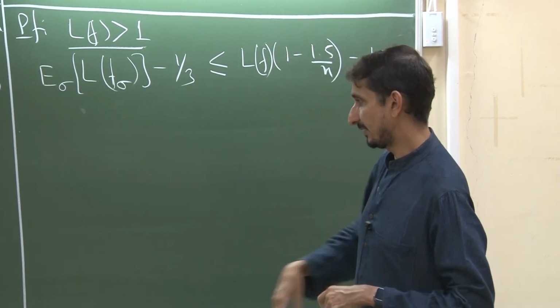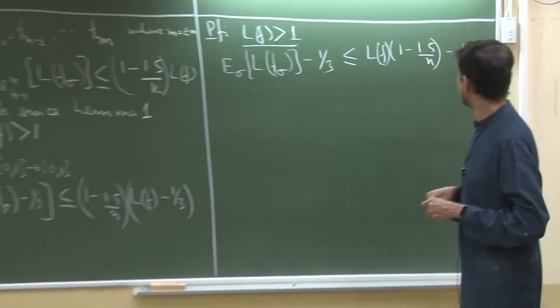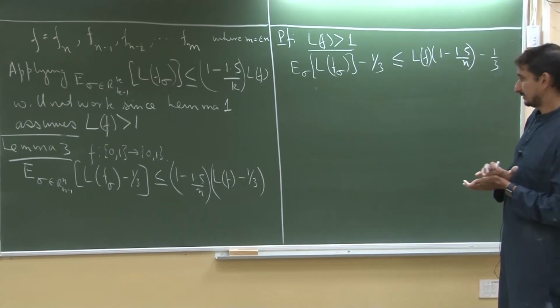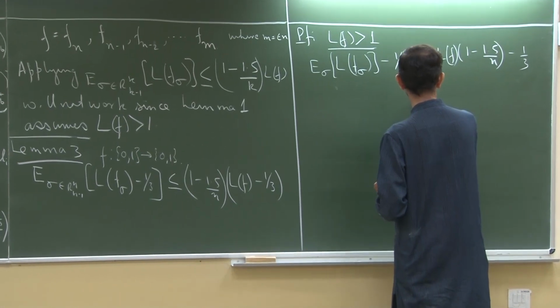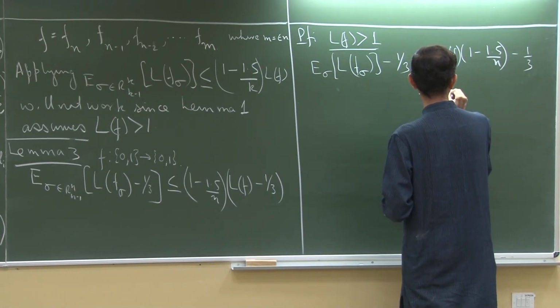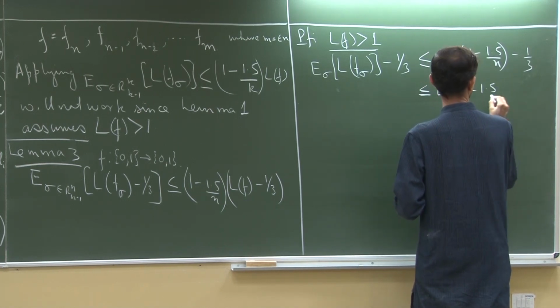Now, what do I want? I just want to bring this 1/3 over here. So, that is quite easy. So, this I can write as less than or equal to L of f into 1 minus 1.5